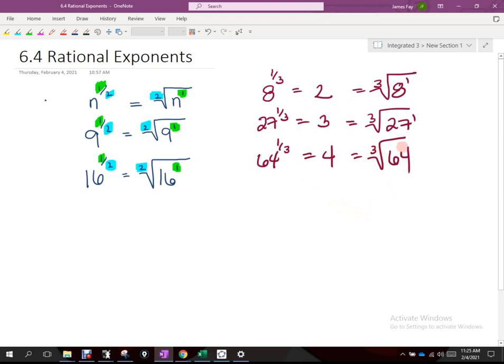So what does that mean? What it shows us is when I go 1/3, that denominator right there becomes that index, right? That denominator right there became that index. That denominator there became that index. The numerators,